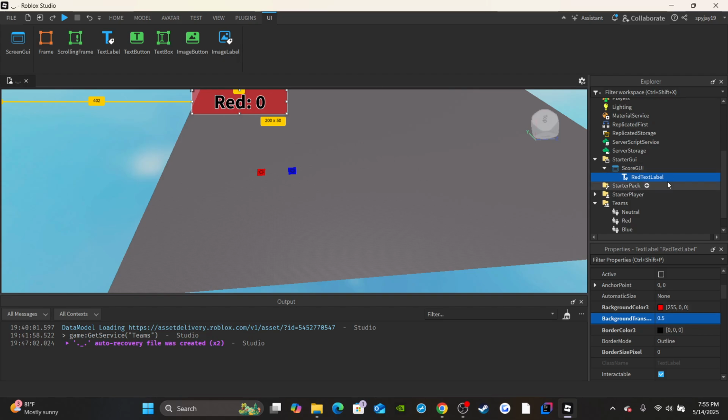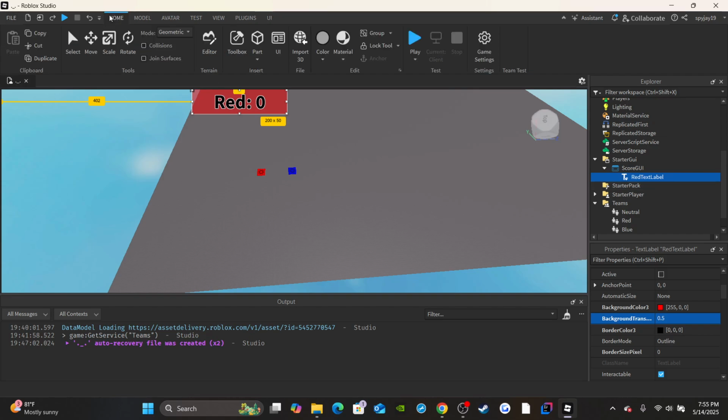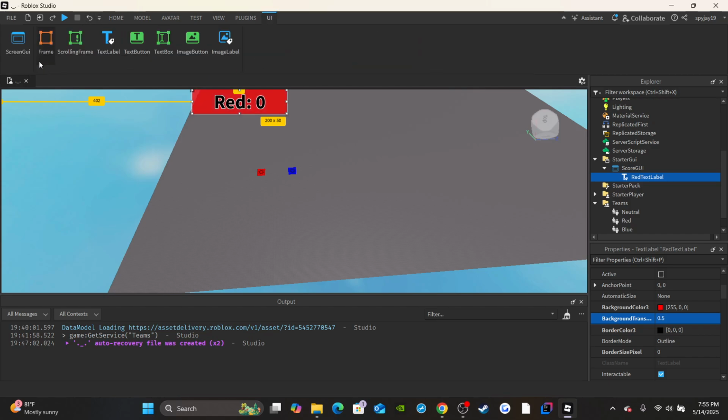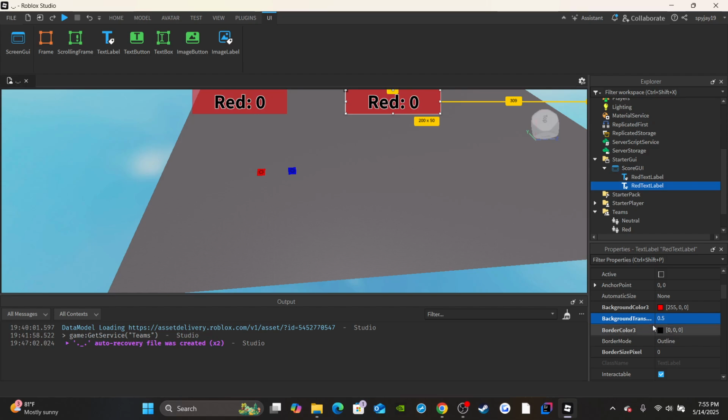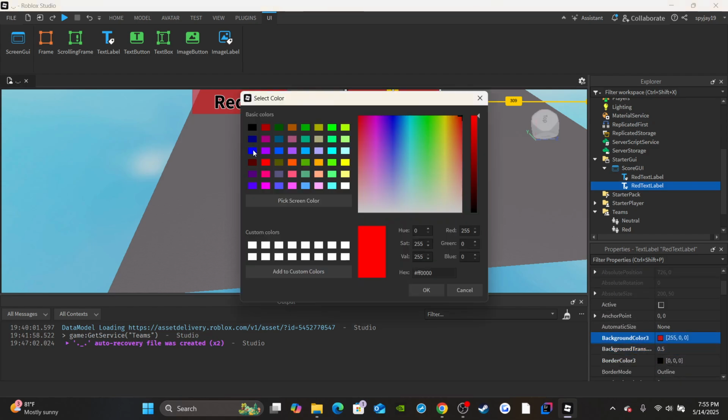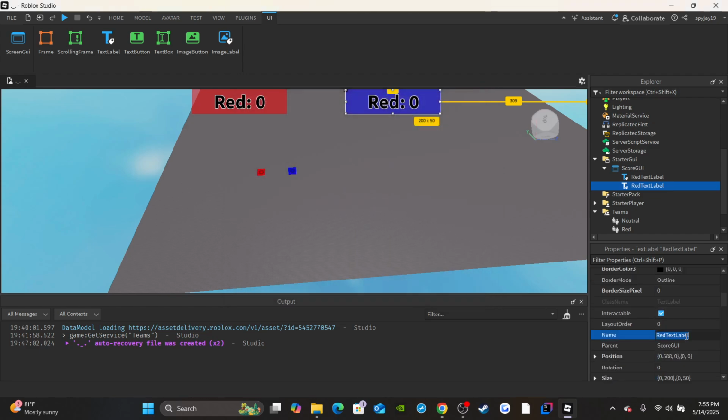Then I'm going to duplicate this. You guys remember how we learned to duplicate things? We can either have it selected and press Control plus D, or just press duplicate in the top left while having Home selected in the top. So we can just duplicate it, right? Then we can just move it over, leave a little space in the middle so we can put the versus keyword, right? And then you're going to change the background color to blue, and rename this to blue text label,